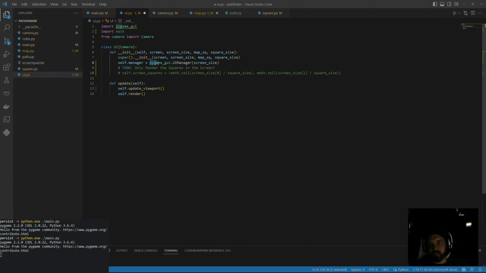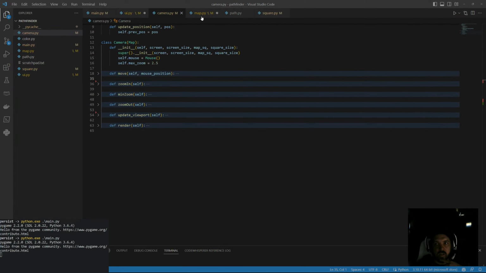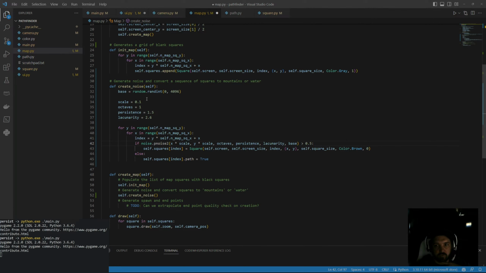We pass in the PyGame GUI library, the UI manager function, and pass in the screen size tuple to the UI manager. This gives us an instance of the manager. On the map level,